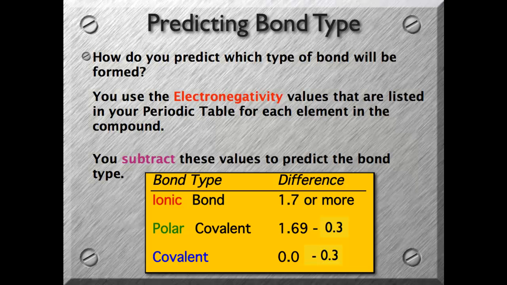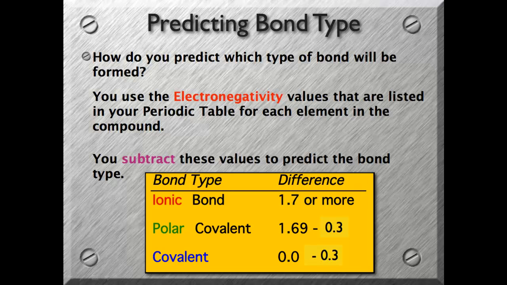So how do we predict the bond type? How do we know what type of bond will form? Typically, we will look at whether it's a metal and a nonmetal or a nonmetal bonding. Metal, nonmetal, we can pretty much be sure that it's going to be ionic. Now, in some cases, depending on what type of nonmetal, there may not be an ionic bond that's formed between the metal and nonmetal. But those are exceptions. For the most part, in our use, we're going to believe that a metal and a nonmetal will always be